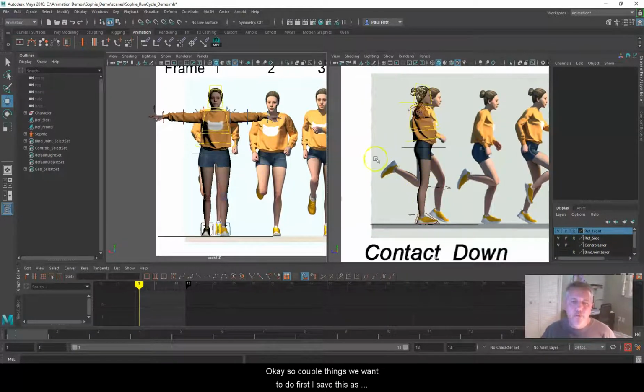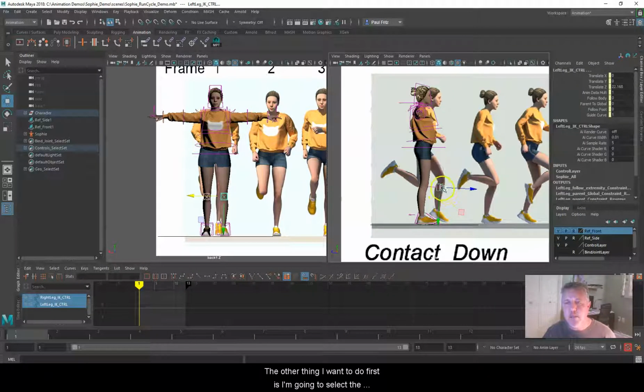Okay, so a couple things we want to do. First, I saved this as a different name, telling it what it is. This is my run cycle. I did not want to mess up my initial setup, my T-pose, in case we need to go back to it. The other thing I want to do first is I'm going to select the knee pull vectors,